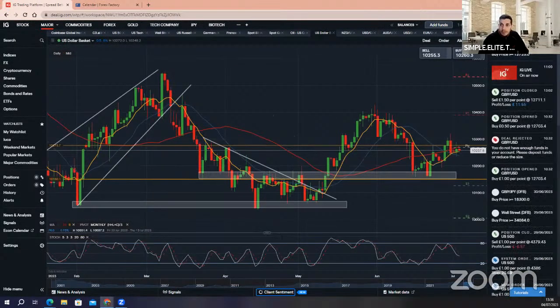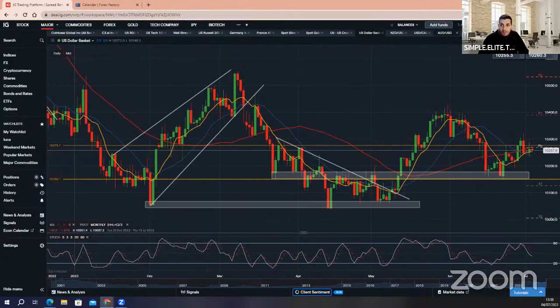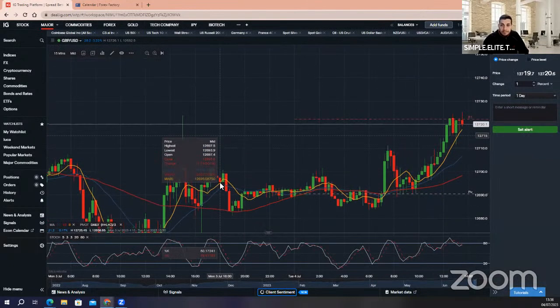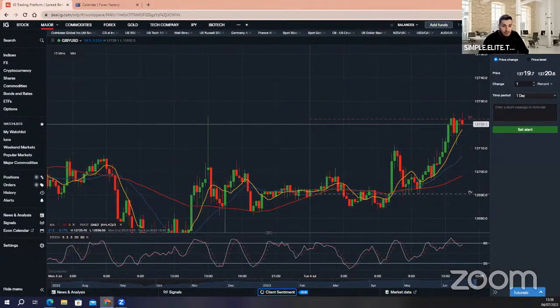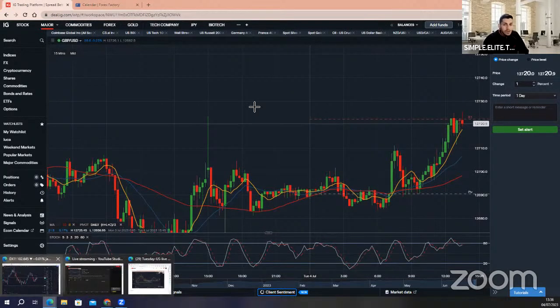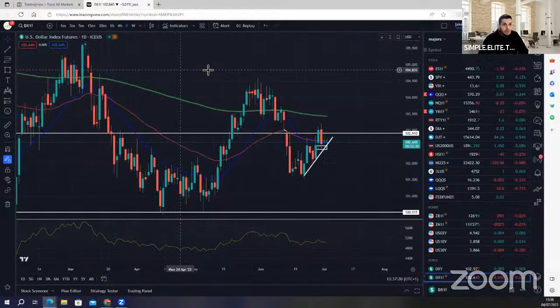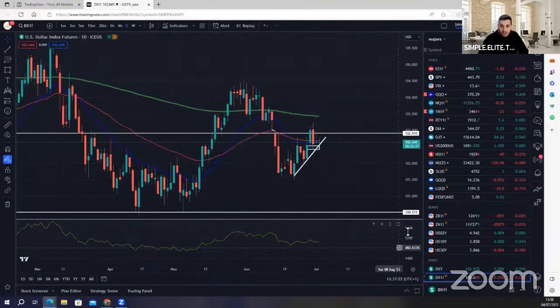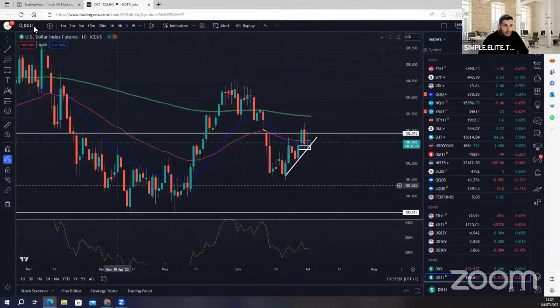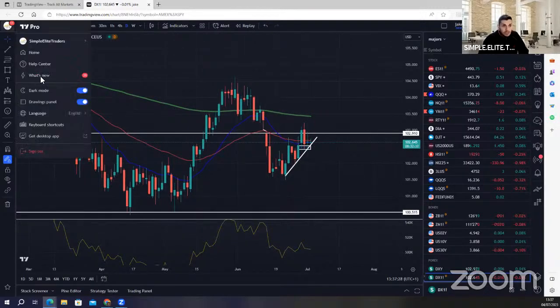Yeah, because I'm watching pound dollar because I want to be on the long side, and it looks like they want to break this. So I will come back to it now when we analyze the currency. So this is the DXY dollar index chart, futures. I will point to this one because I can put the IDEAL line.